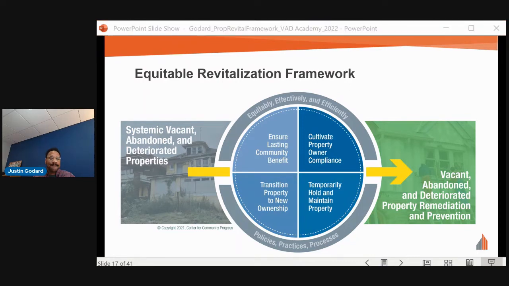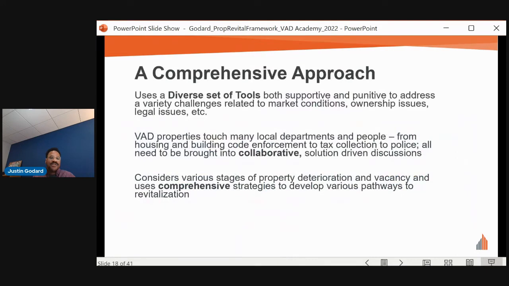So as we alluded to, there is no silver bullet to doing this work. As people working every day to address bad properties, I know that each property has its own unique challenges, and therefore one tool will never be enough to solve these issues. Some tools must be deployed in a number of ways to respond to different situations and really require us to rethink how tools traditionally used in a punitive manner can be modified to effectively address the issues as well as build trust with neighbors.